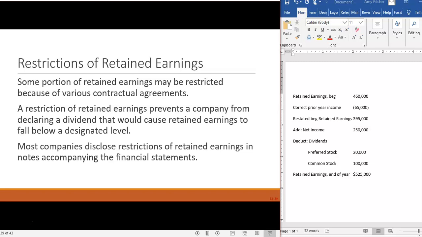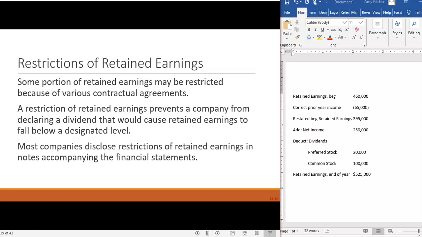We can also restrict retained earnings. What might be restricted can be for a variety of reasons. We might have an agreement, or we might make a decision to do a capital investment of some kind. So we might be planning to build a new building, and so we will say 10% of every year's retained earnings are restricted until we save enough money for this capital investment. Or we might have an agreement, maybe with a bank, that says we can take bank loans out